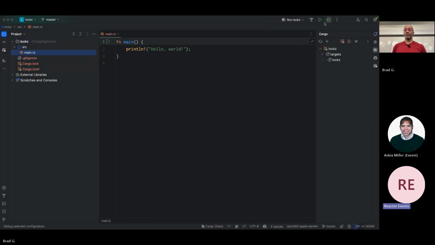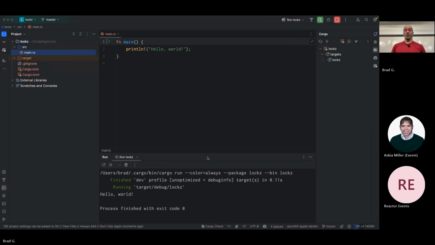And I can run this code, and it will say hello world. This is cargo, plain vanilla Rust. Once you install Rust, you can do cargo new, and then you can type cargo run, and this is what you'll get. So the first thing I want to do is write a little program